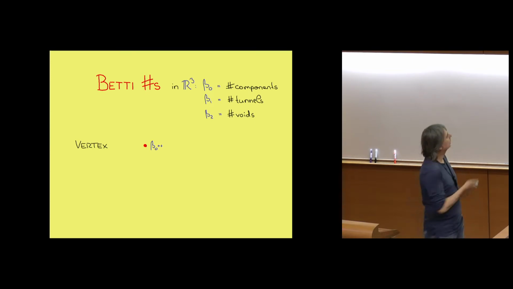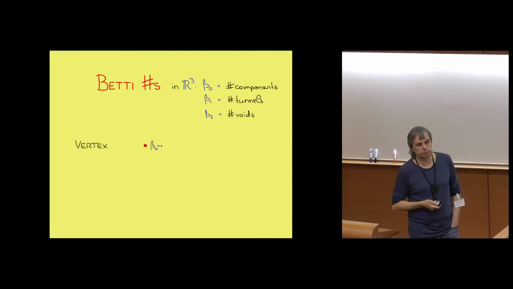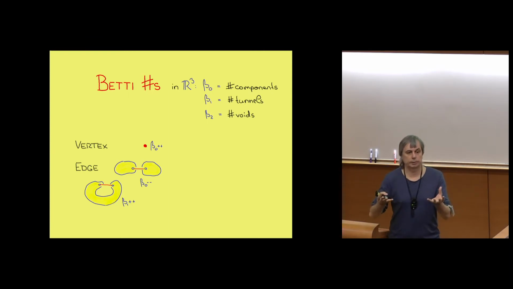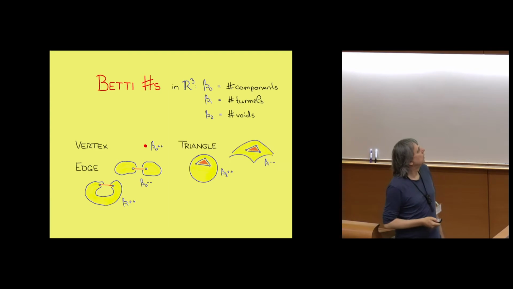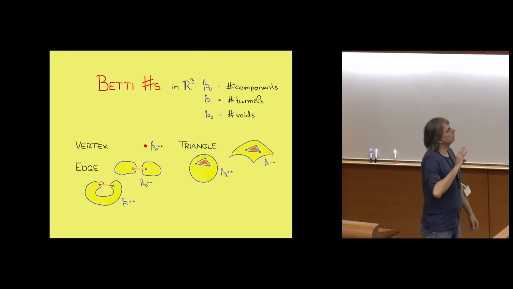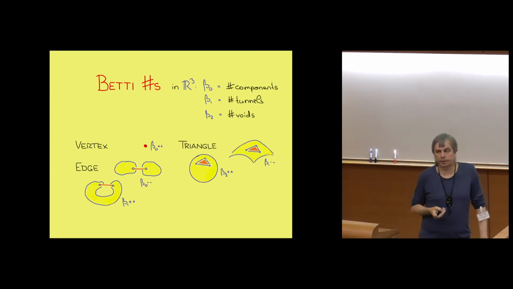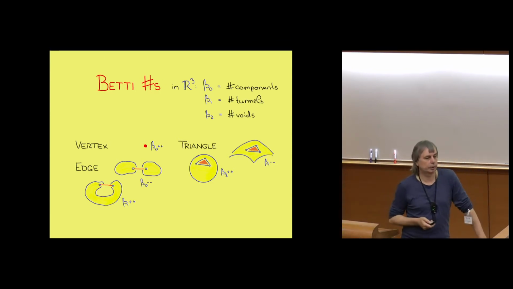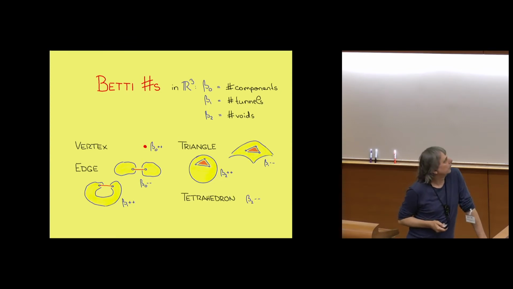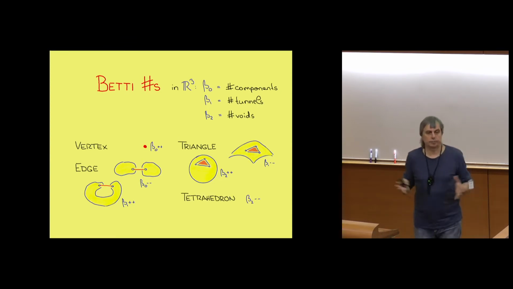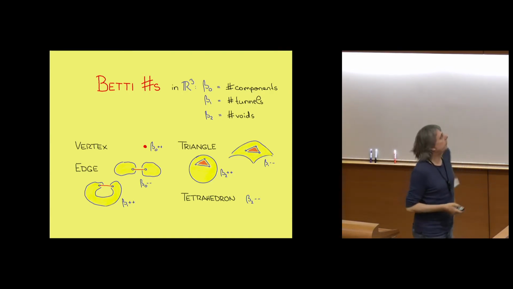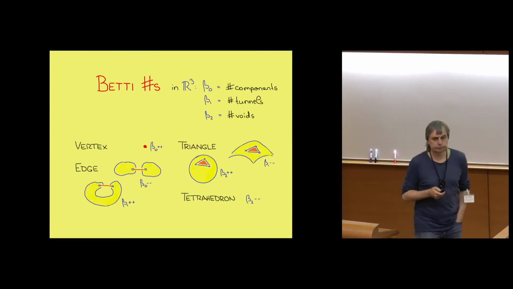Okay. So if I add a vertex, I get a new component. If I add an edge, there's two cases. Namely, I merge two components, Betti 0 goes down, or I form a loop, Betti 1 goes up. Same as a triangle. If I add a triangle, either I interrupt a tunnel, Betti 1 goes down, or I complete a surface that surrounds a void, so Betti 2 goes up. And when I have a tetrahedron, a void disappears because all the four triangles are already there, they form a void, it's gone. Okay, so it's a very simple algorithm, and this is true in all dimensions.